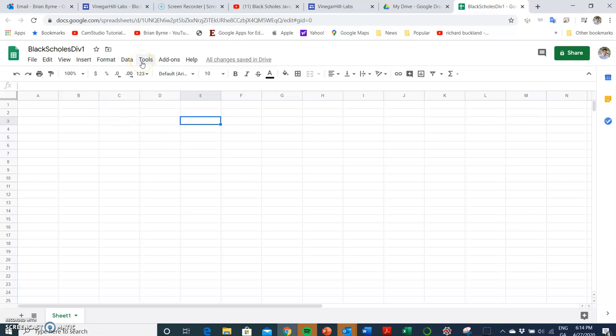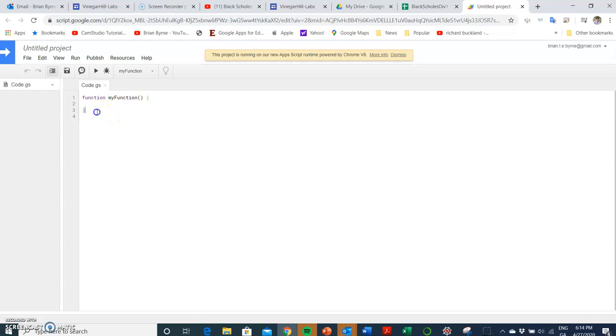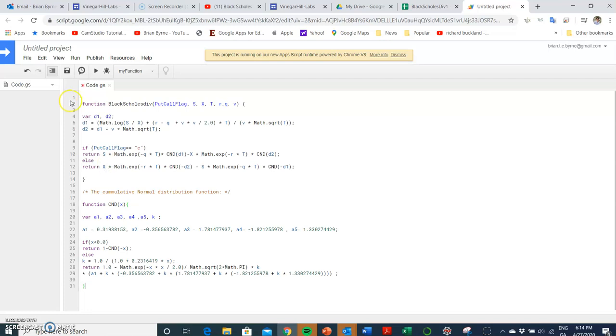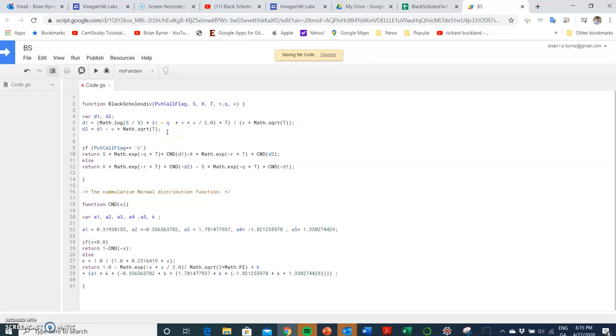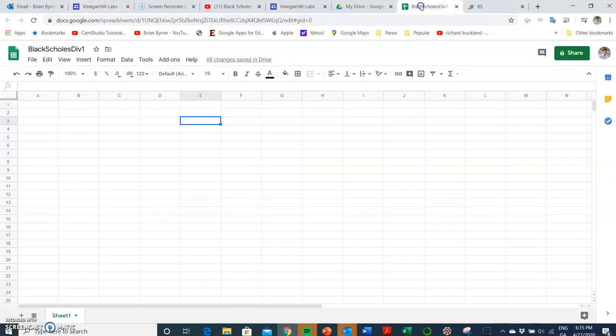We go into Tools, Script Editor, and we remove this function, and then we create a new function, and we'll save, and we'll say BS, okay. Now we should take just the name of the function and the way the arguments are organized. We'll copy, go back into the Google Sheet, we can paste,